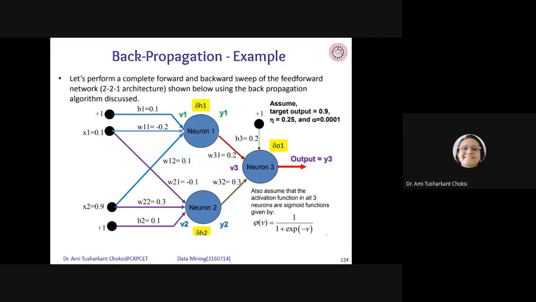As we know that it is fully connected, right? So from x1 to neuron 1 is there, and x1 to neuron 2 is there. From one input, it is connected to both the neurons. Same way for this x2 also, the same thing is there. What we want to say is from input to hidden layer, they are the fully connected network. Okay.